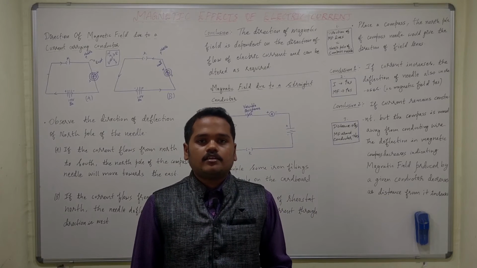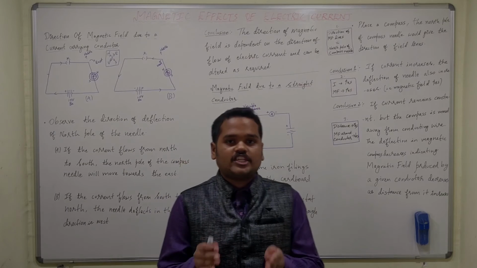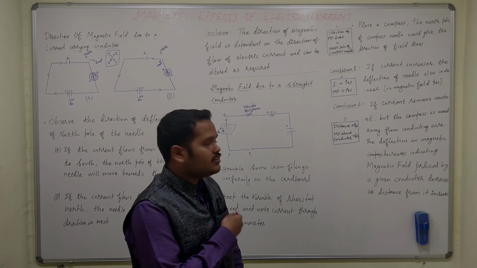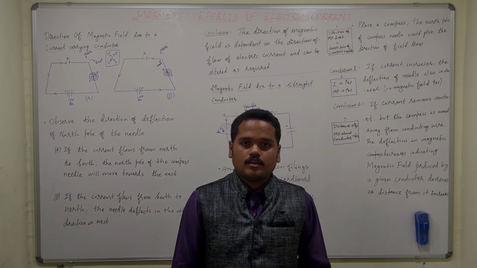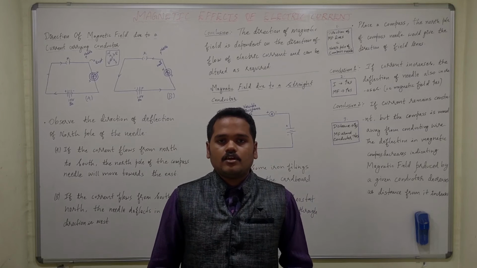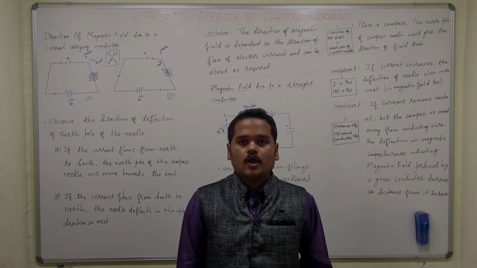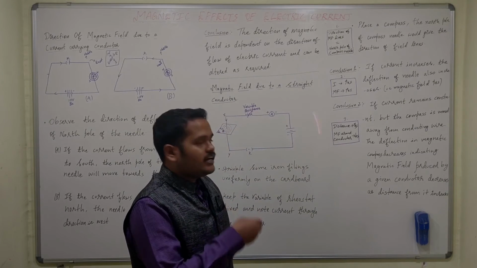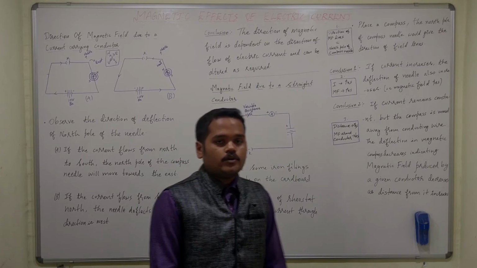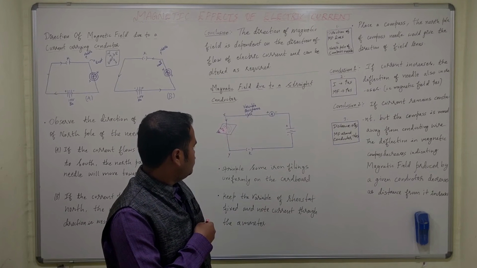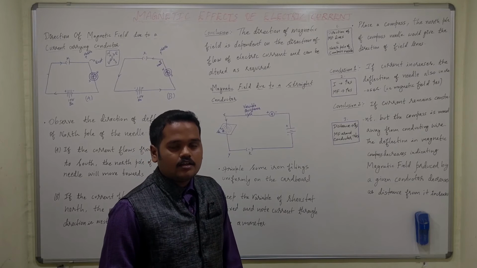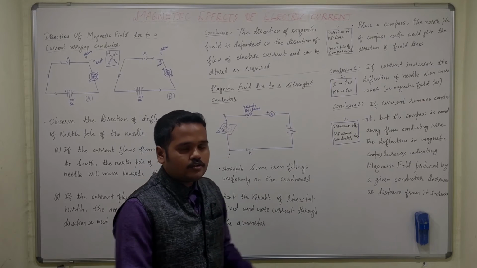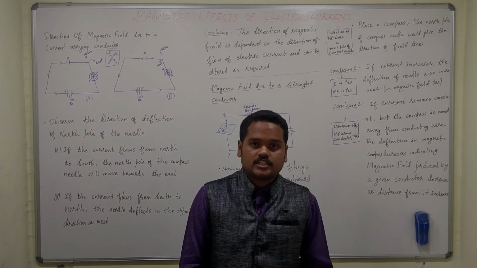I have been telling that the resistance is kept constant. Now we will decrease the resistance. Since this is a variable resistance, we can decrease the resistance. So the moment I decrease the resistance, what happens to the current? The current increases. So once the current inside the circuit increases, there is a magnetic compass which is placed here. The deflection in the magnetic compass needle increases. So the deflection increases to a larger extent.